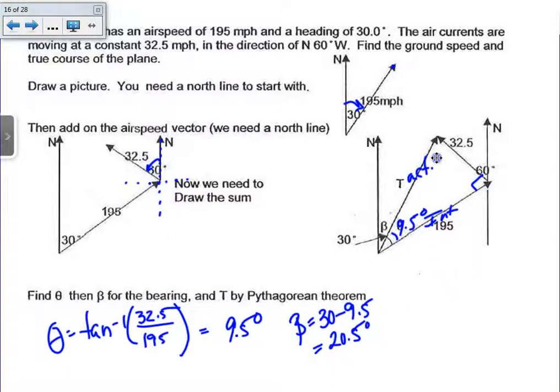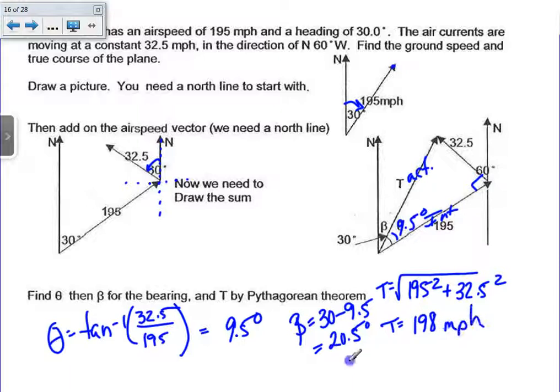And then the true course, the t, is just going to be Pythagorean theorem. So again, quickly calculate it. This is t. And when I do that on my calculator, I think I get roughly 198 miles per hour. So the true course of this plane is 198 miles per hour